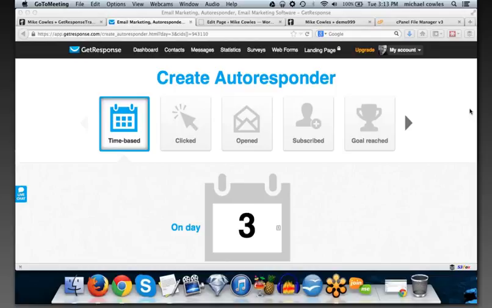First is some of the things we already talked about, like why GetResponse, how to set up a campaign, how to set up a web form, how to get around the dreaded WordPress bug for the form on the page, as well as the links to the different free plugins. A big one is how to automate lookers and buyers and segment your list, like Wings was just talking about. How to send out a newsletter, how to send out an autoresponder.